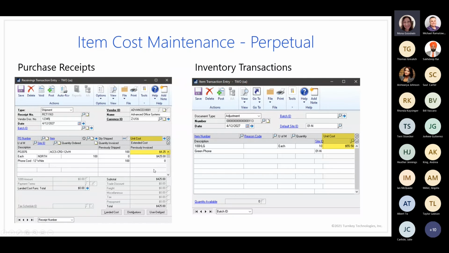So item cost maintenance for current cost items: when you've set up an item in the item card to use either perpetual FIFO or perpetual LIFO, then thereafter, any transactions that cause the inventory to be adjusted upward in your system will go into a cost layer based on the cost that is at the transaction level. An example of that would be a purchase receipt. So if you've done a purchase order and you receive that transaction in, the cost that you receive it in when you do the receipt is going to be the cost that gets posted in the cost layer for that